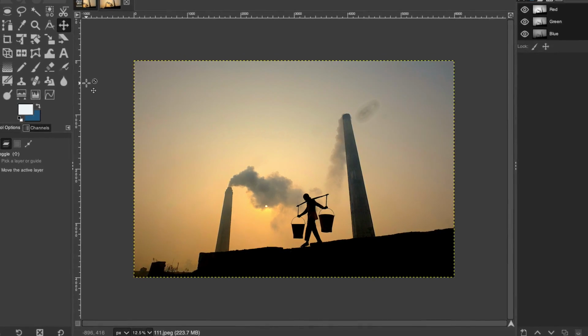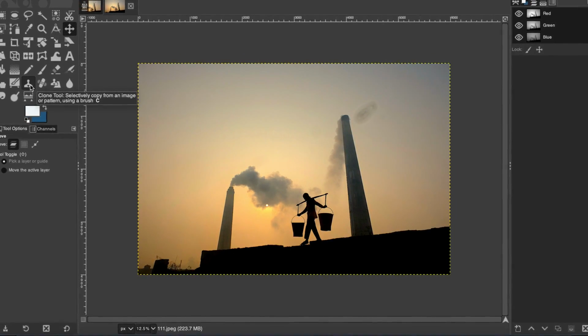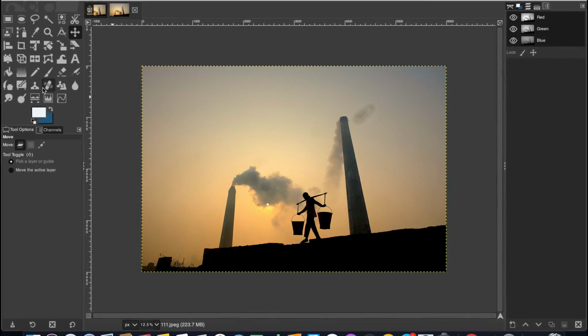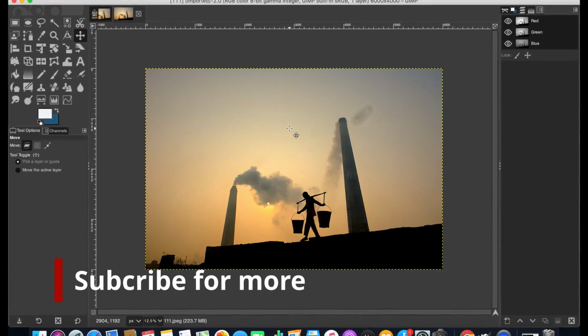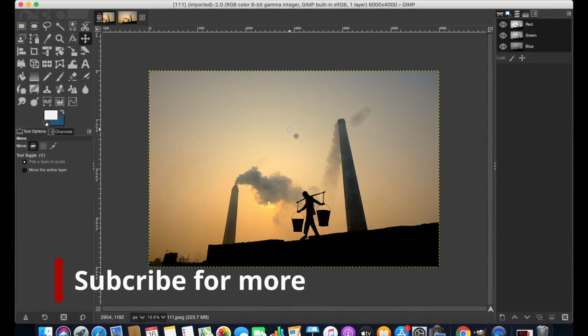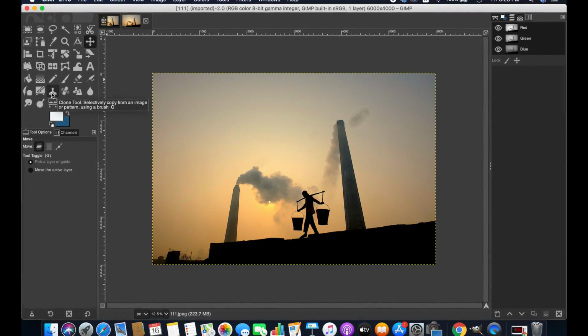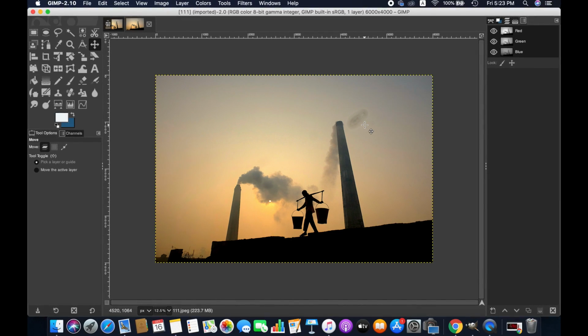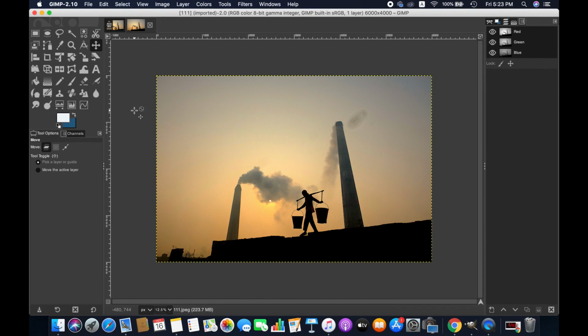However, before going into the detail, I also would like to talk about the clone brush tool, because these two brushes work similarly, although they produce different results, and you might need a brush like the clone brush tool for removing your objects in the future. So the key difference between the two brushes is that the clone brush tool actually copies the pixel source only and puts it over the spot. This is how it removes the spot, but it doesn't take the background of the spot into consideration for blending.